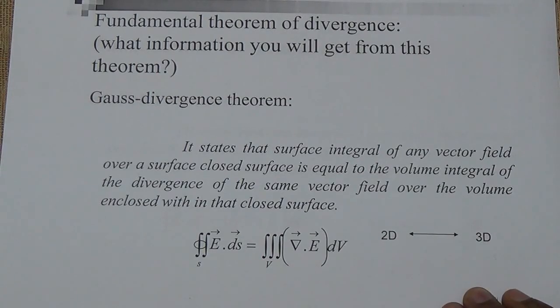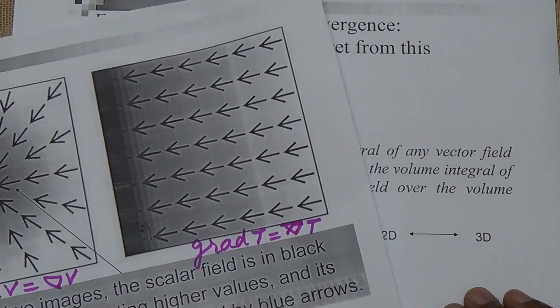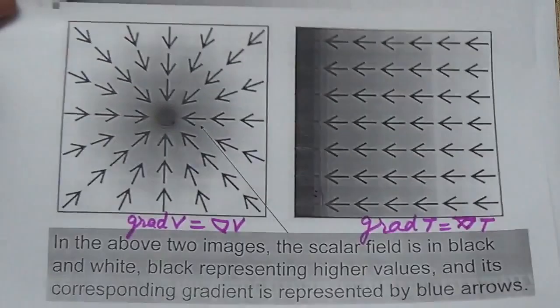Now, after the discussion of gradient, divergence and curl, we have seen in the last lecture how to interpret the physical meaning of gradient, divergence and curl. Now we have to convert. In the last lecture basically we have seen the meaning of